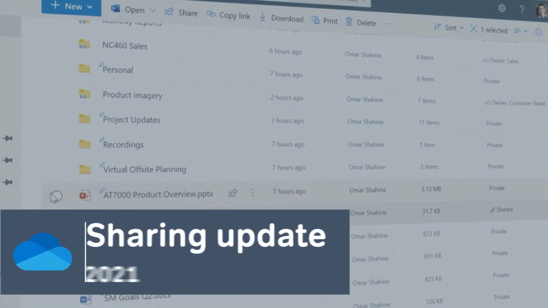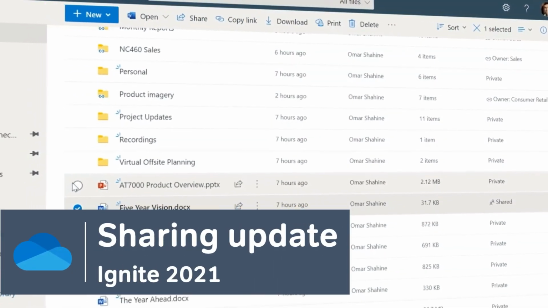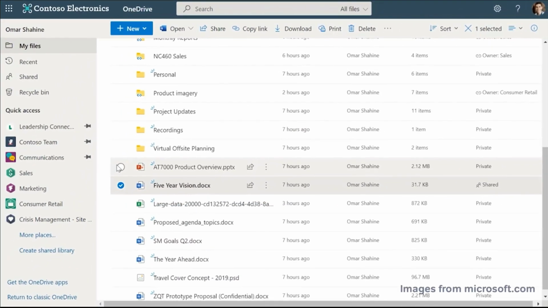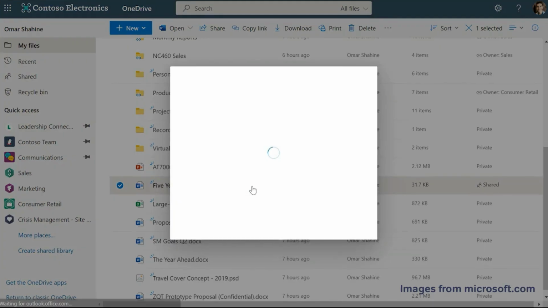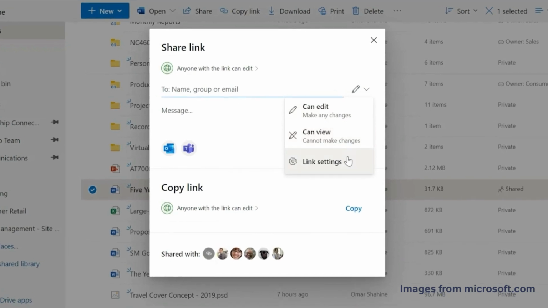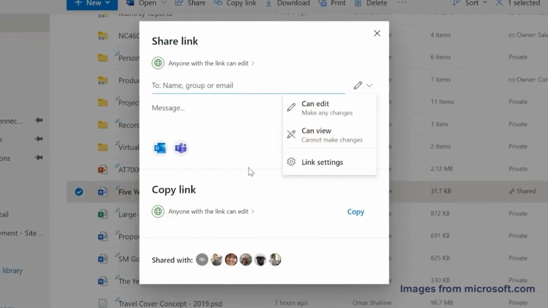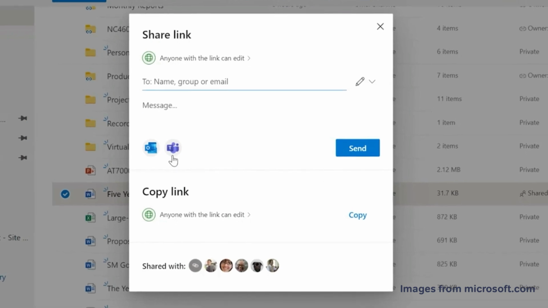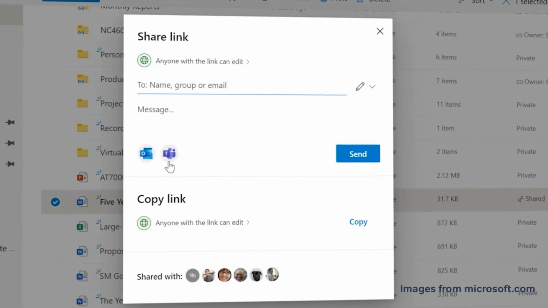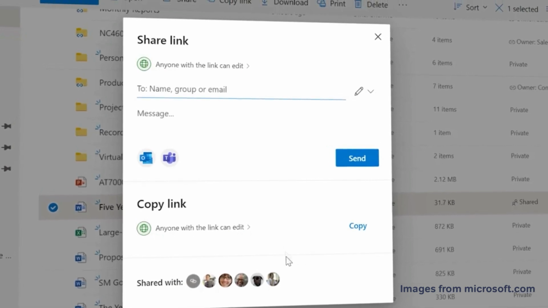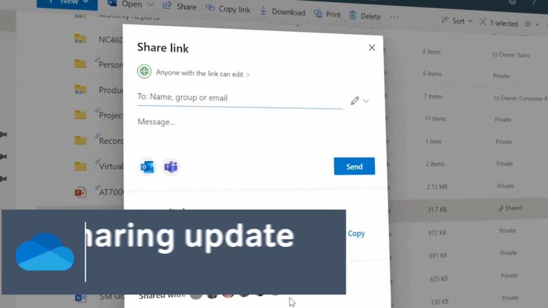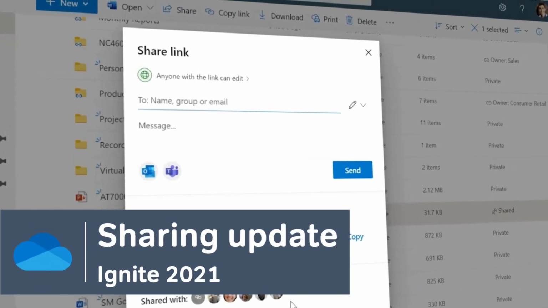Sharing from OneDrive is going to be easier with this new update. When you choose the share button on a file, the window that appears is getting a refresh with some new features. There'll be a drop-down where you can choose the permission you want to give, either edit or view. There'll also be an option to share the link directly to Teams. We'll see a list of who the file has been shared with, and there'll be a link to the Manage Access page so we can get to edit more detailed permissions faster. Quick permissions, shared with, and link settings are available now, and copy link, share to Teams, and Manage Access should be available soon.